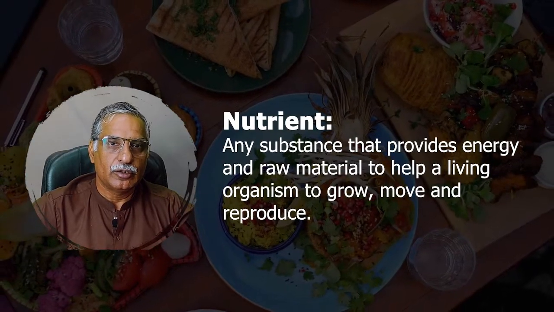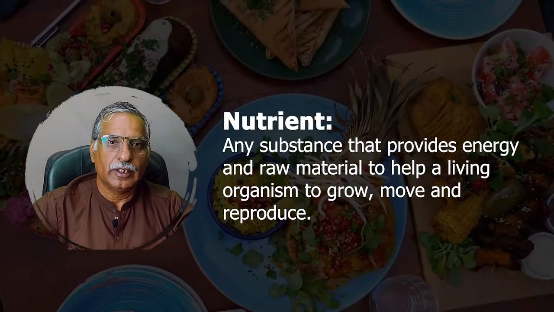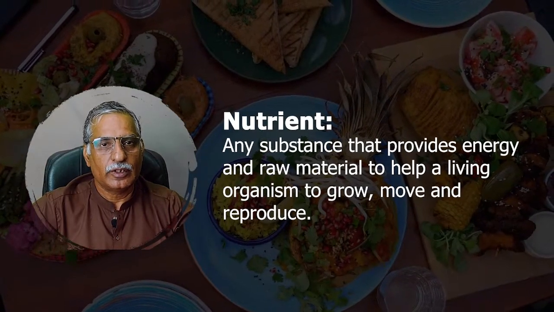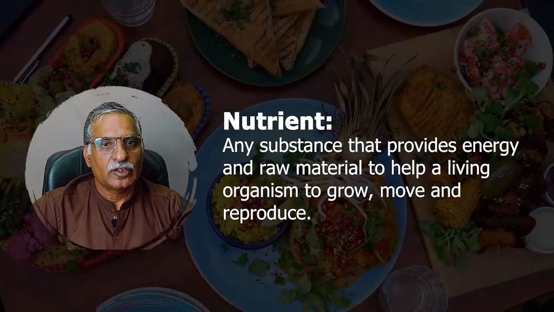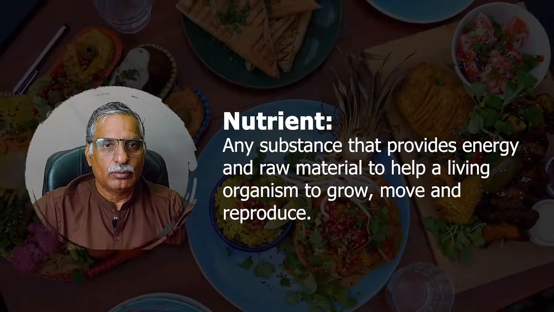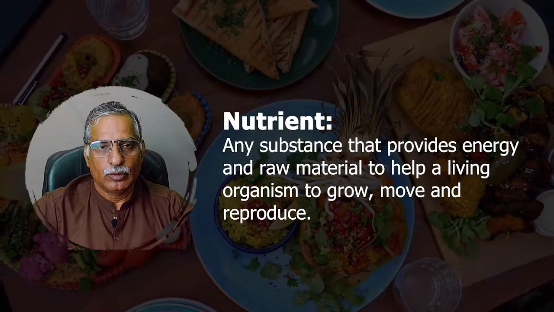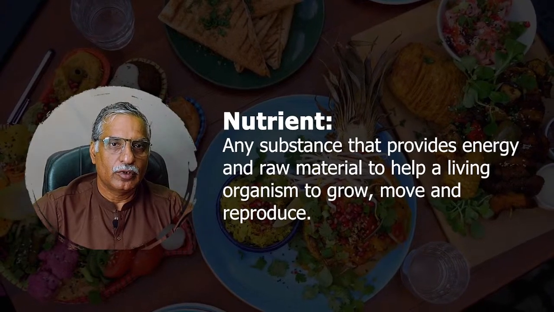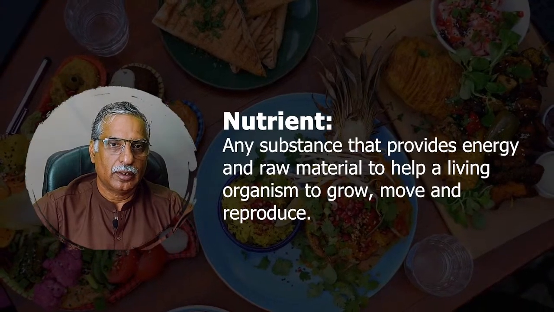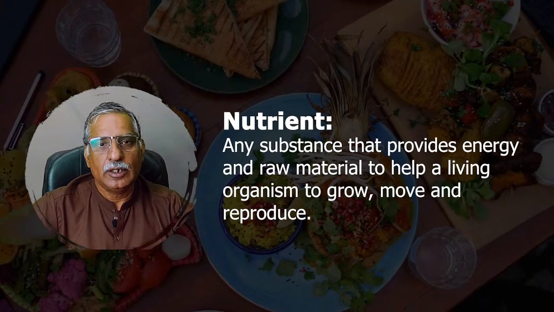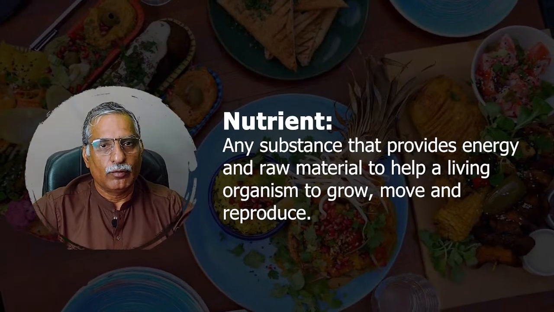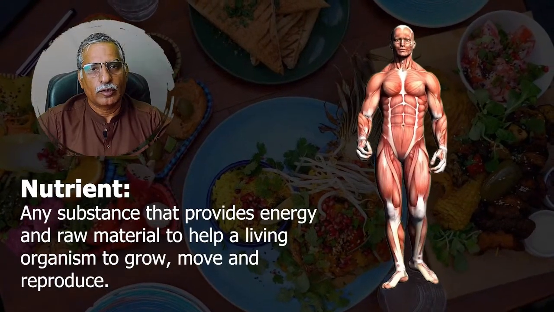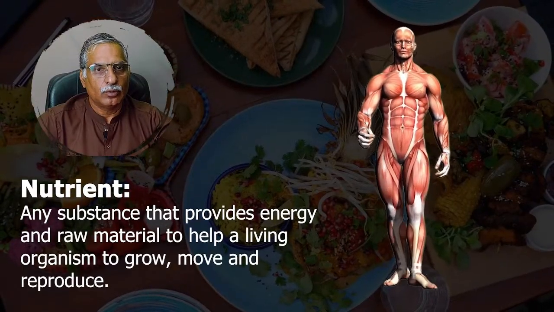These nutrients provide the energy and the raw material that can be used within the body to raise new cells, to maintain growth, healing and repairing, and to develop immunity. And the energy is used for movement of the body organs, for the movement of the individual as a whole,